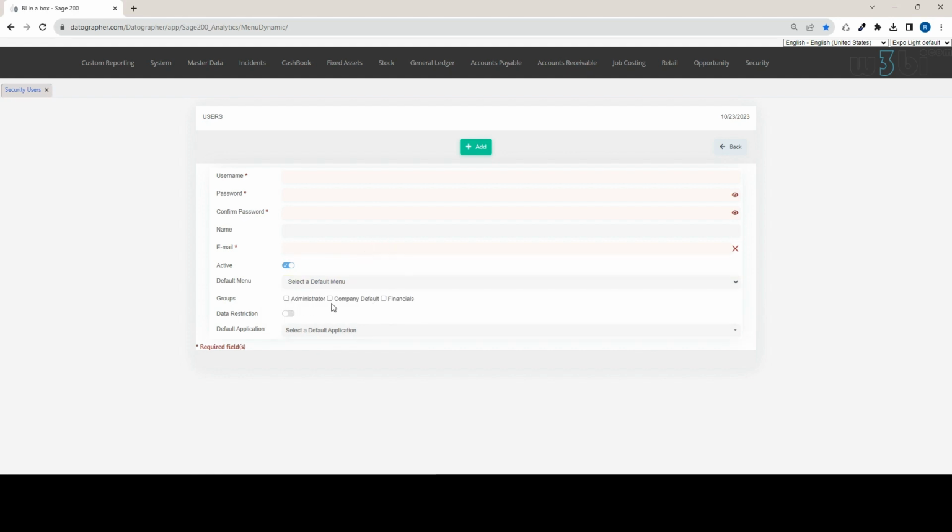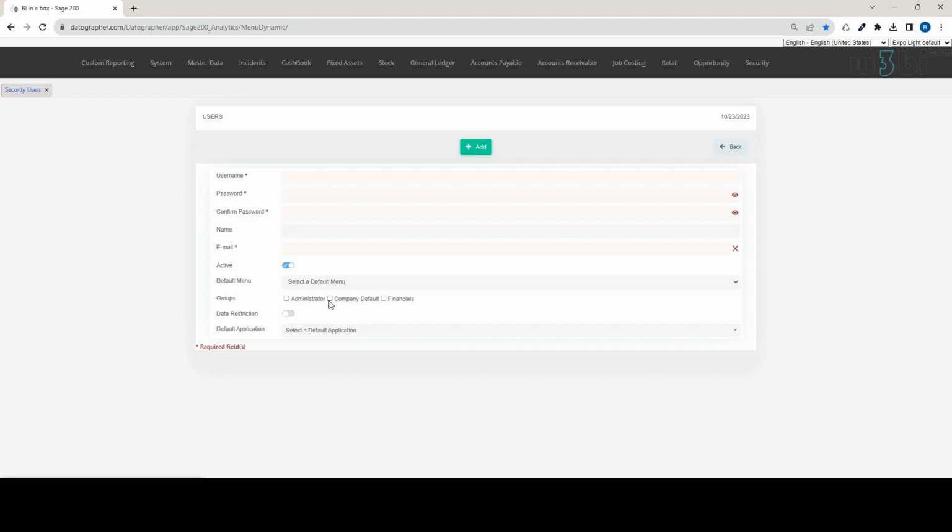Most importantly is a user account must be assigned to a security group. And by assigning them to a security group, it will also then define and control which widgets they would have access to within that particular security group. A user can be assigned to multiple security groups. You can define that certain users have data restriction. If there is sensitive information that you do not want to display to particular users, be it financial values, be it personal information that may be available within a widget, identify each individual user account with a data restriction